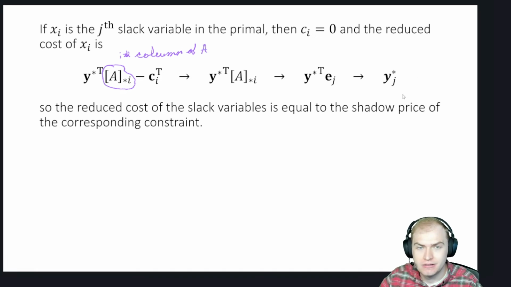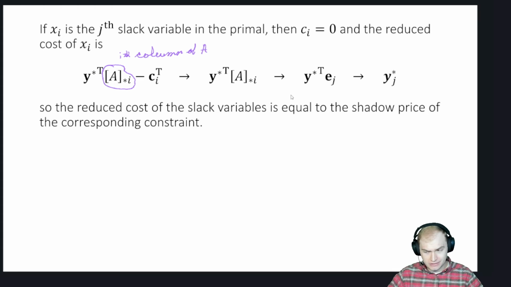And we already said that c_i is 0, so we could ignore that. And then we look at the ith column of A. The ith column of A corresponds to a slack variable, which means that it's going to be,